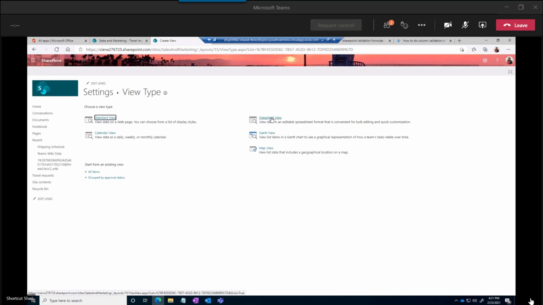As an administrator of a list, I always create a worksheet view that is a datasheet view, so it's automatically in datasheet view, which is kind of nice. A calendar view, which reads off the dates, and you have to tell it which dates you want it to display. And then if you're working on tasks, you may want a Gantt chart view. Right, so I'm just going to use the standard view,